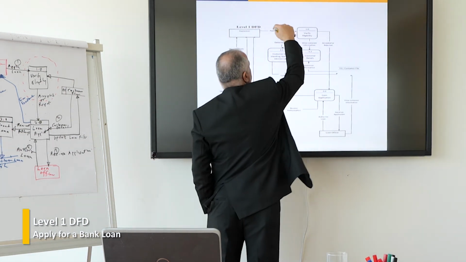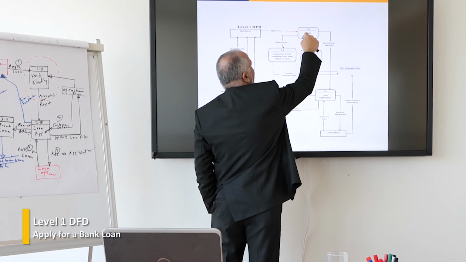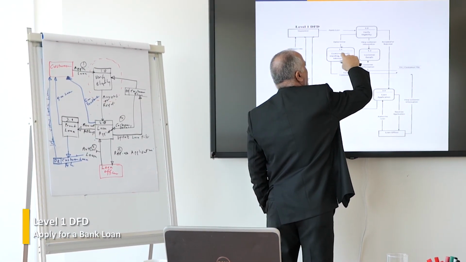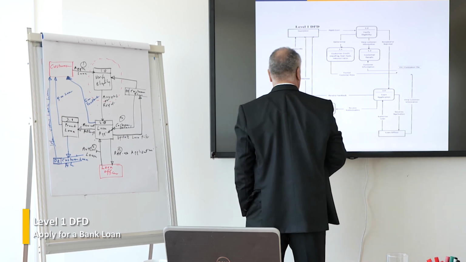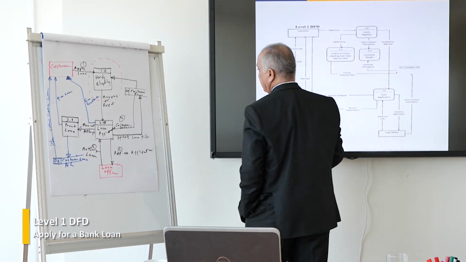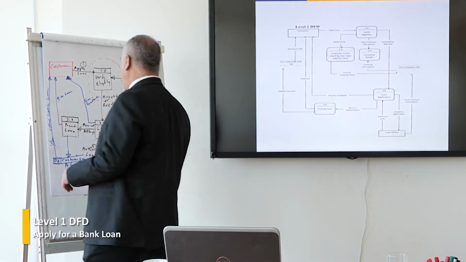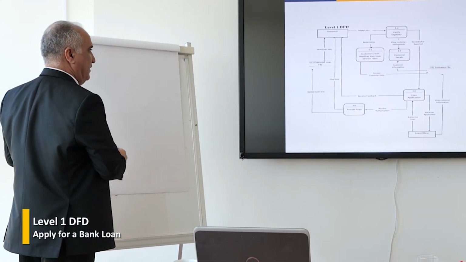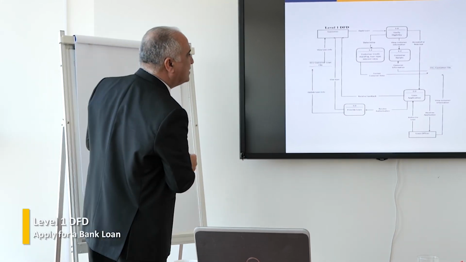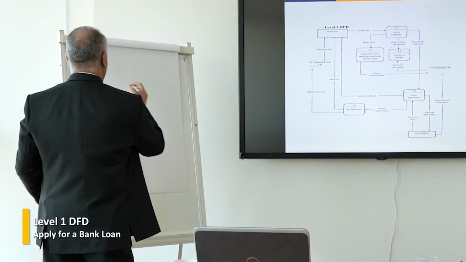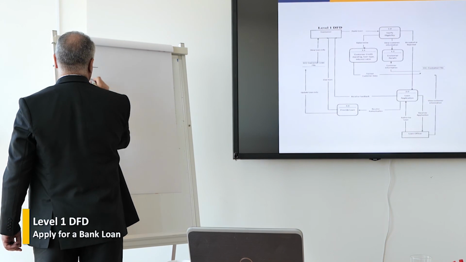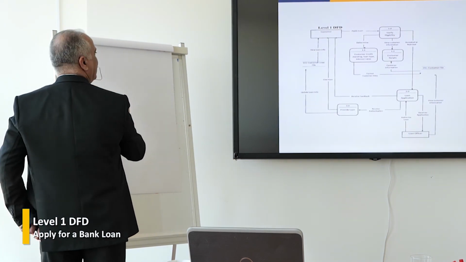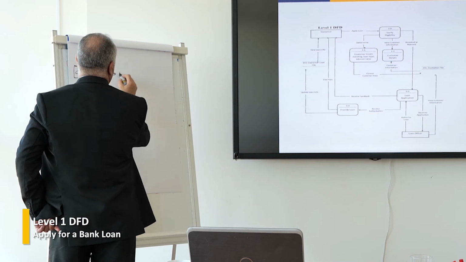Our sub-processes are this one. Verifying eligibility has 2 main processes, 1.1 and 1.2. In other words, it has a process of eligibility and a process of customer details. So again, here we have a customer as an external entity, applying